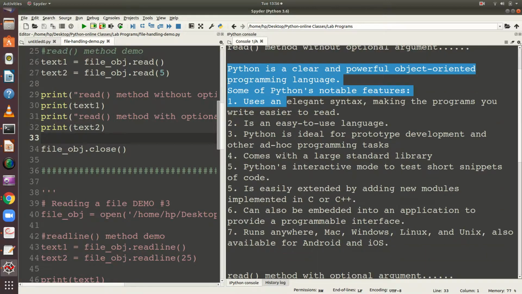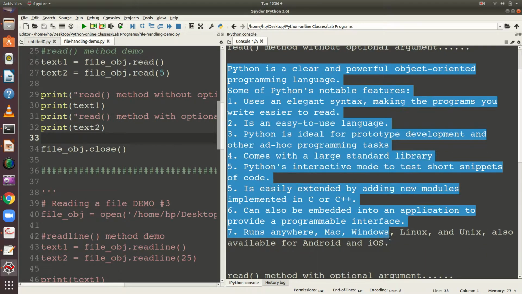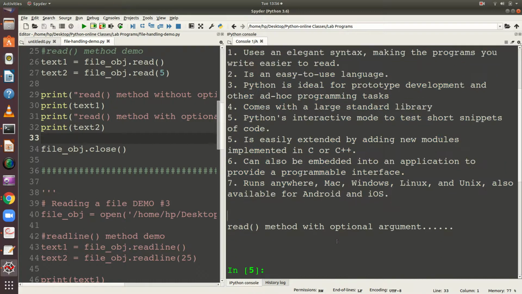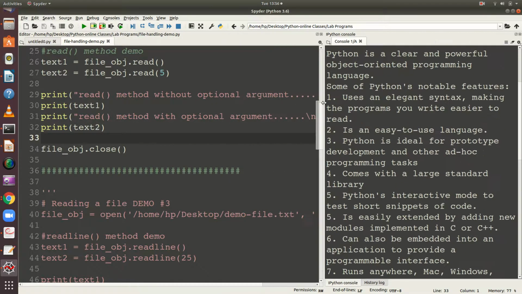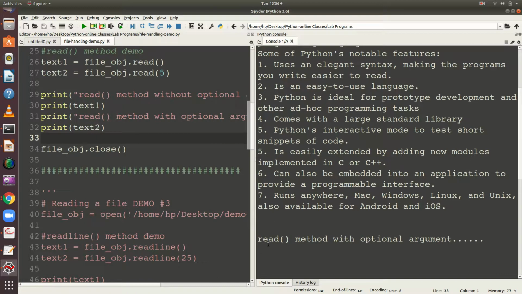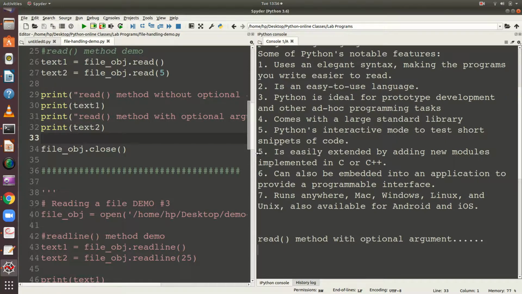You can see the first, read method without optional argument, reads the entire content, whereas the second one, read method with optional argument, I am reading 5 characters, but there is no value displayed here. Why? Because the file pointer is moved to the end of the file.